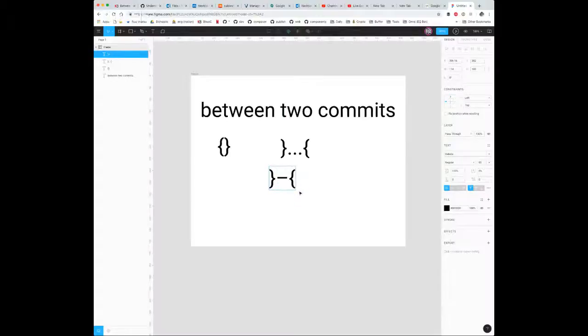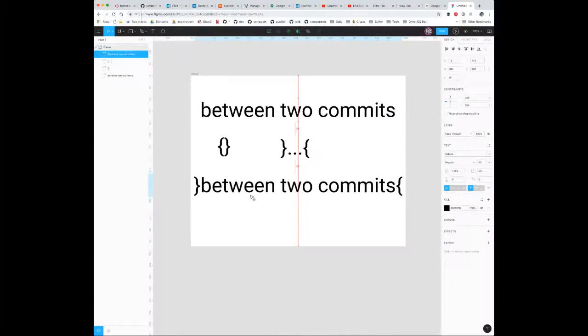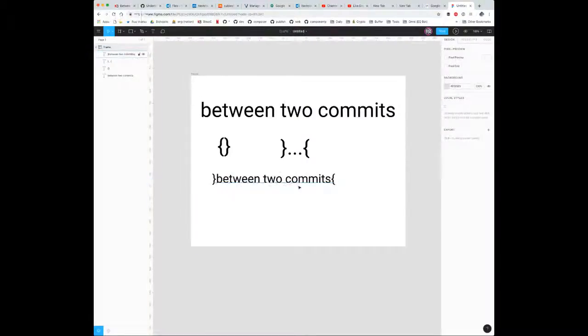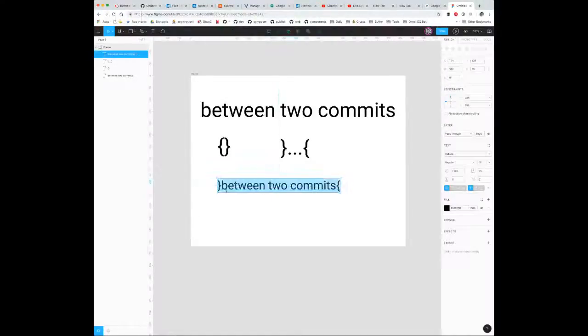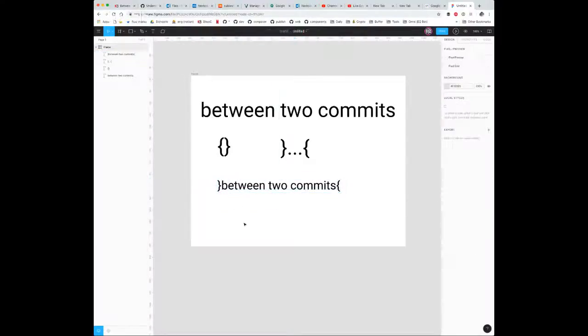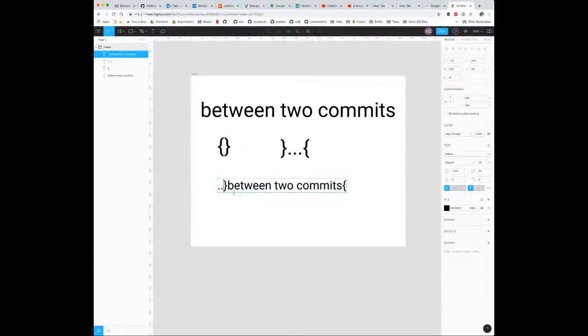Actually, it could be the text itself. It could be between two commits. Oh yeah, that's kind of a neat idea. All of this, by the way, is just getting ideas out. I don't know if that would pose any problems in terms of SEO or anything, but it might make people think, oh, there's something missing on either end of this logo. It looks kind of broken. You know, as a coder you're like, oh, what? Yeah, exactly. Might put off some OCD people.